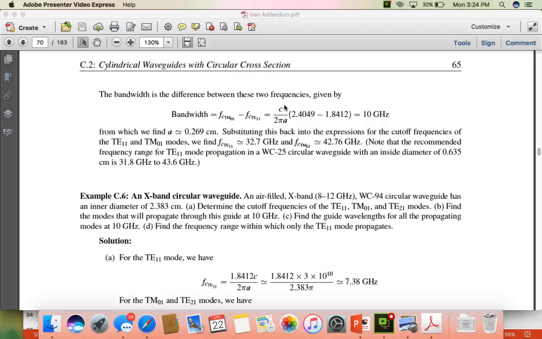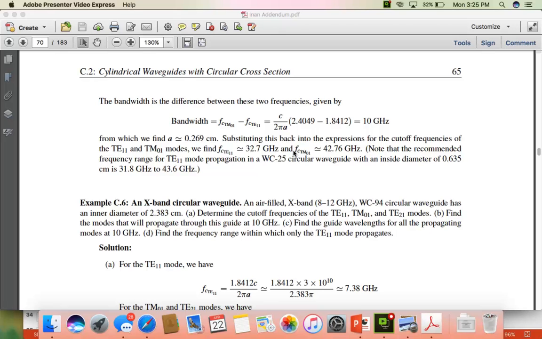So you plug in the speed of light, you plug in the 2 pi, and you solve for A, and then you find that A would be 0.269 centimeters. So now if you plug 0.269 in to calculate the cutoff frequency of the TE11 mode, you get 32.7 gigahertz. And if you plug it in for the TM01, you find 42.76 gigahertz. So if you take the difference here, you would have a 10 gigahertz bandwidth that could be propagated in that circular waveguide before you would pick up the next higher order mode, which was the point of